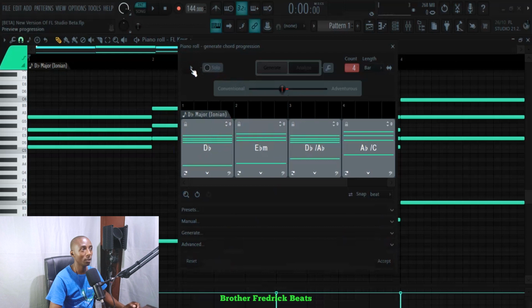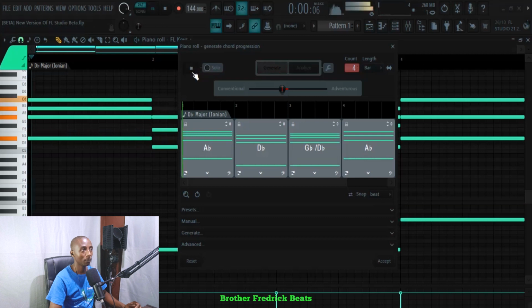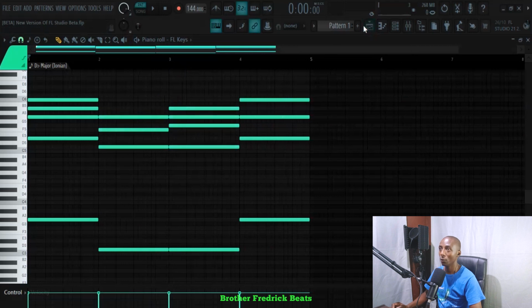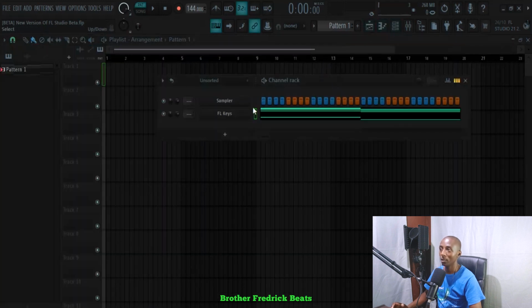So when you love the chord, let's say, let's try to generate another one. When you love this one, just click on accept. The chords will be here for you, which you can use. If I go on the channel rack, you can see these are the chords which it has generated for me, which I want to use. If I play them,